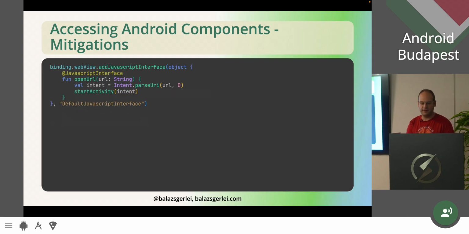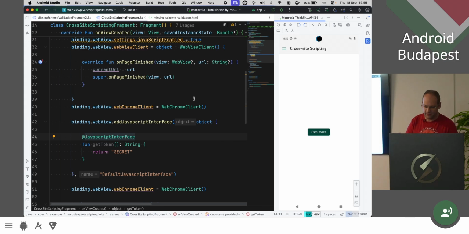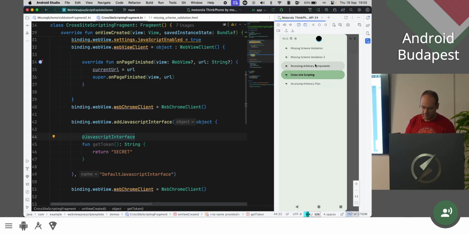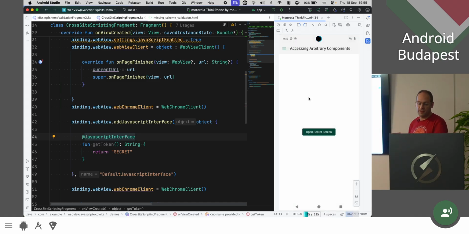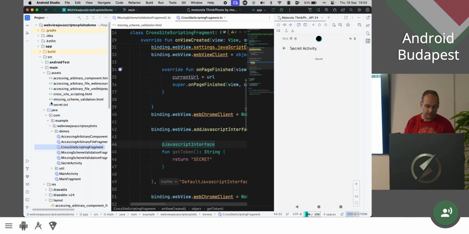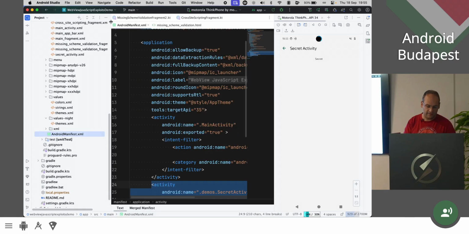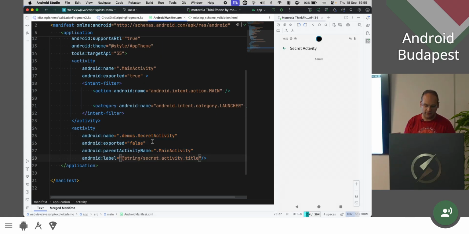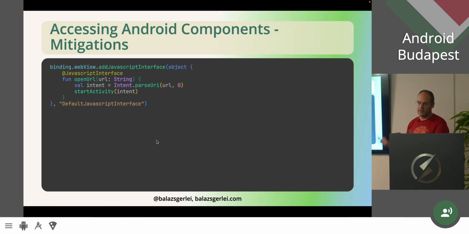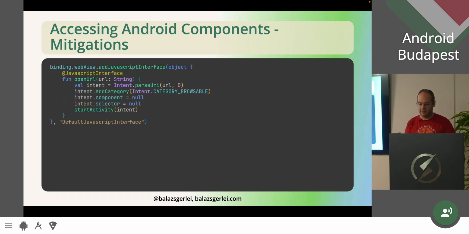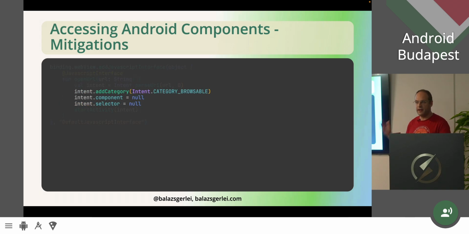If you want to mitigate this, let's show it first. So this example, again, the familiar button, but if you press it, this actually launches another activity of your application. And if we check the manifest, this secret activity is not exported, so it should not be launchable from outside. But again, this method in the JavaScript Bridge runs in the context of your application, so of course it can launch it. How you can deal with this is that you can add the category browsable or null out the